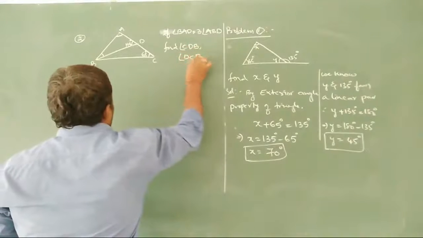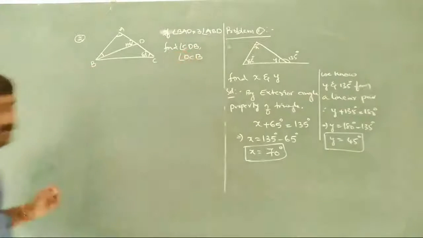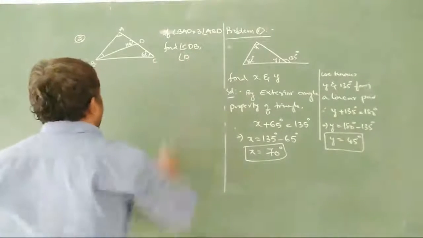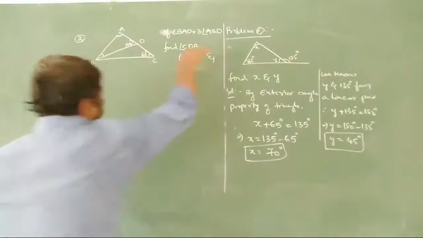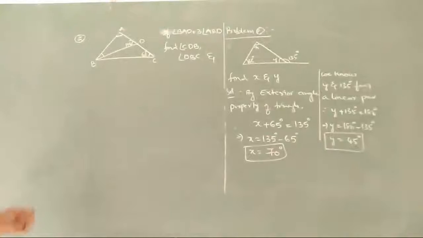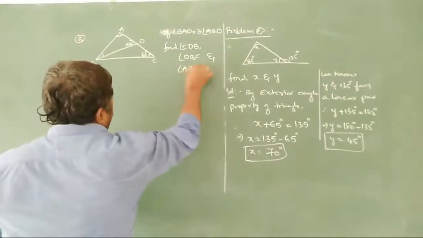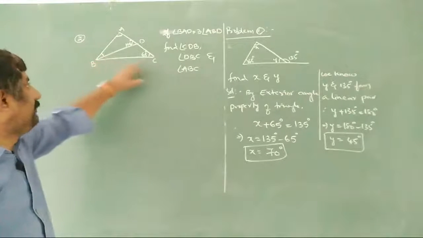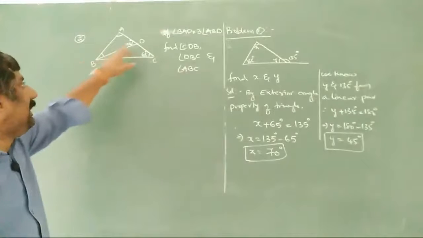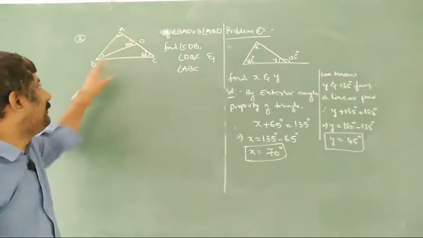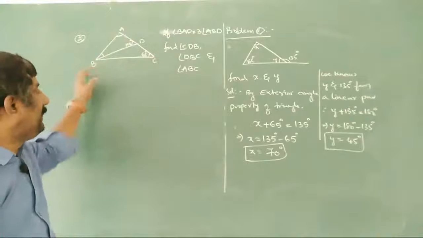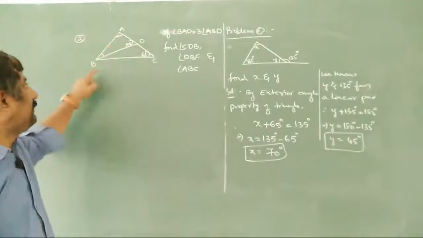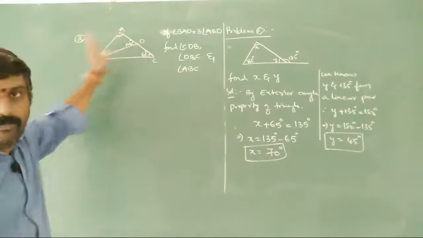Angle DCB, of course it is given. DBC we will take here, and one more angle, angle ABC. Observe the problem. Triangle ABC is given. One more line segment BD is taken here, and this ADB is making 104 degrees, ACB is making 65 degrees, and angle BAD is 3 times angle ABD. So we are going to solve this.